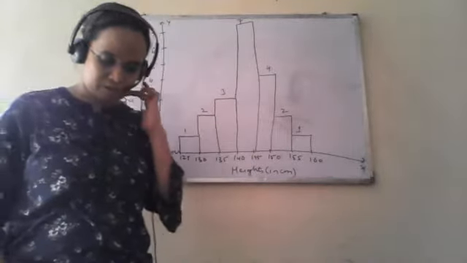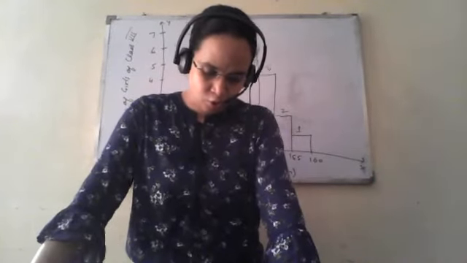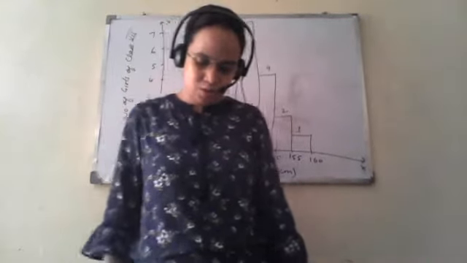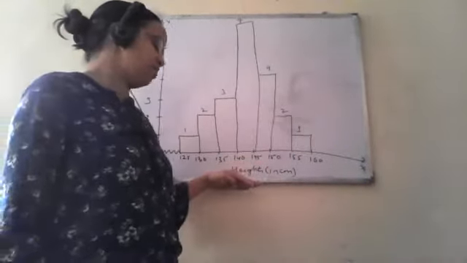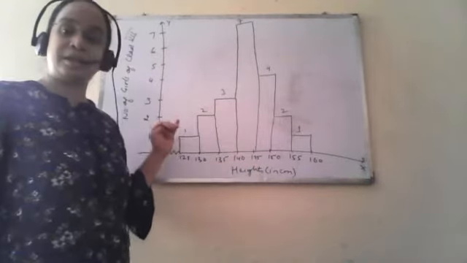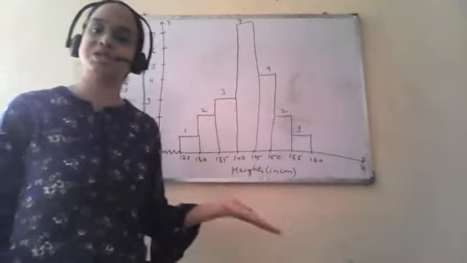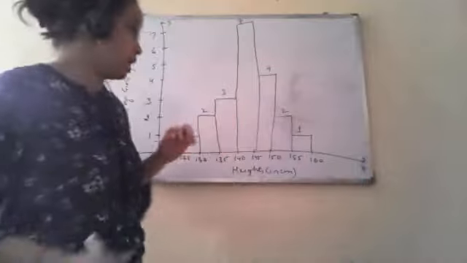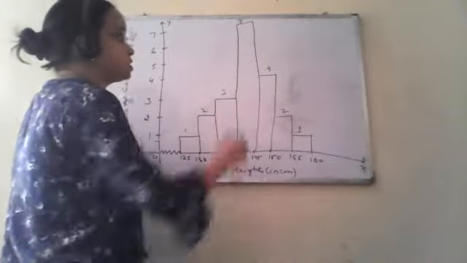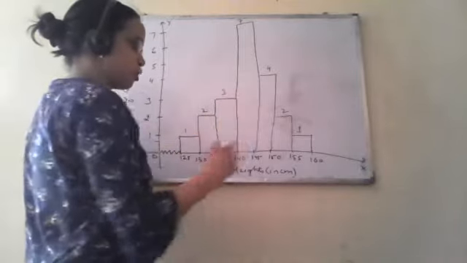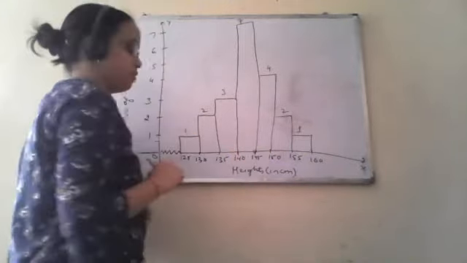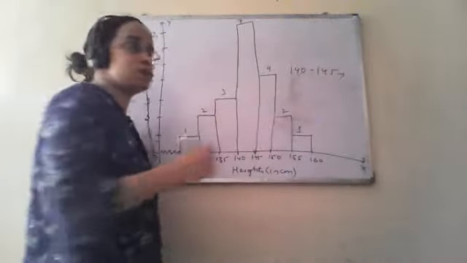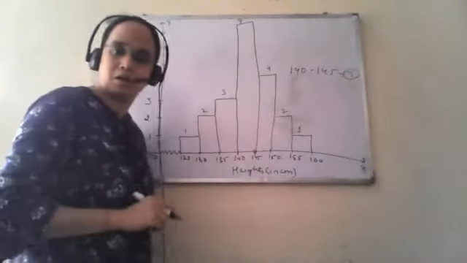So what is the question? What information is being given by the histogram? Okay. So the height of different girls who are studying in class 7th, this information is basically provided in this histogram. Which group contains maximum girls? The maximum frequency, if we look at the graph, is 7, and this 7 corresponds to the class 140 to 145. So the class interval 140 to 145 has the maximum frequency of 7. Clear?